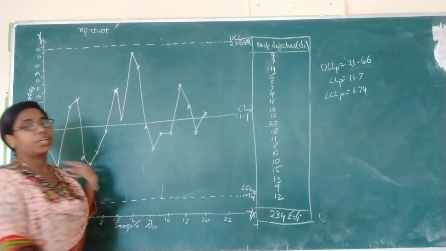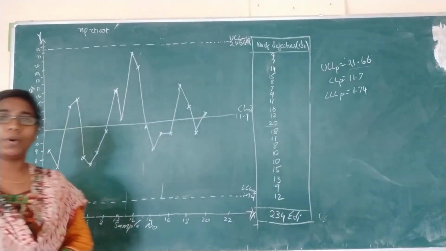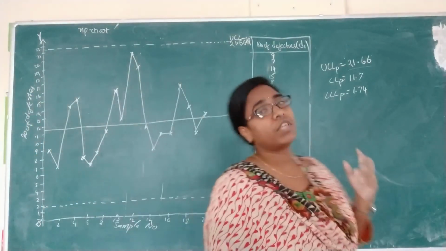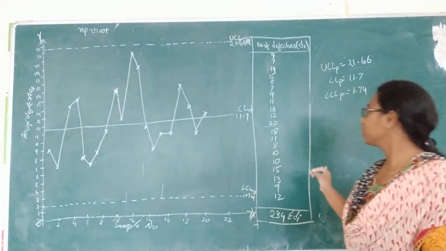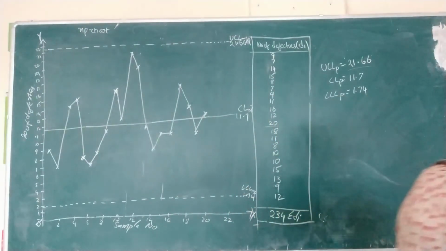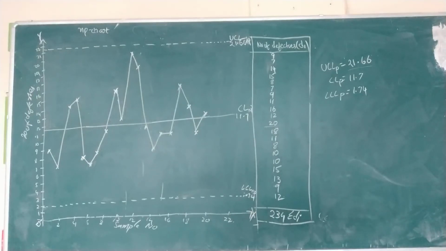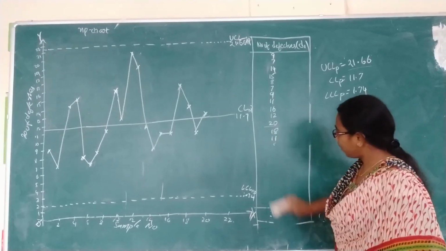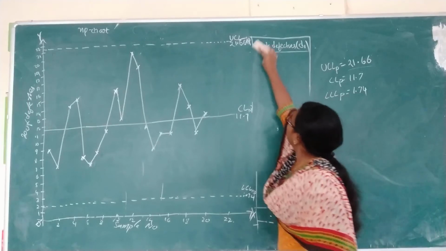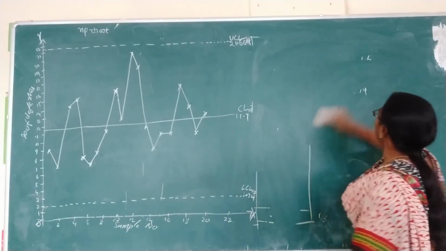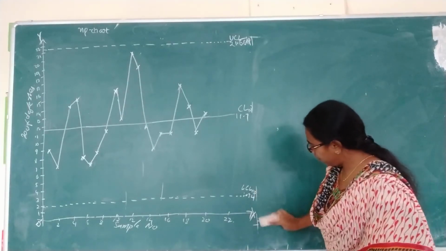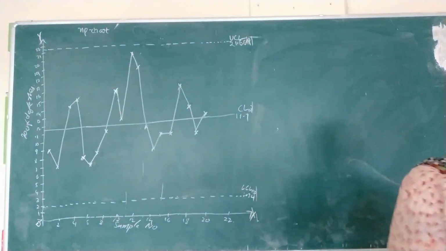So after joining all the points, this is the required control chart for the NP chart. So we have constructed the control chart. Next we have to write the inference, that is the conclusion for the control chart. So how will we write the conclusion? We will take a decision by observing the points plotted on the control chart. So if you observe, what is the inference you are going to give here?